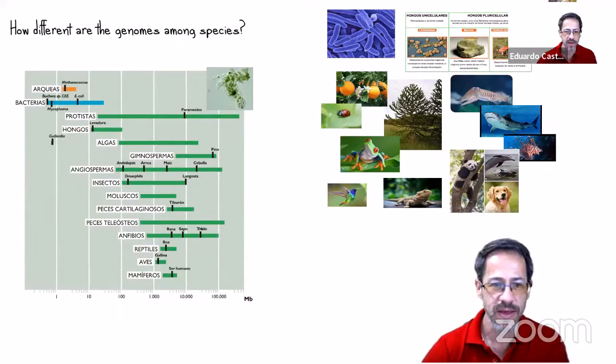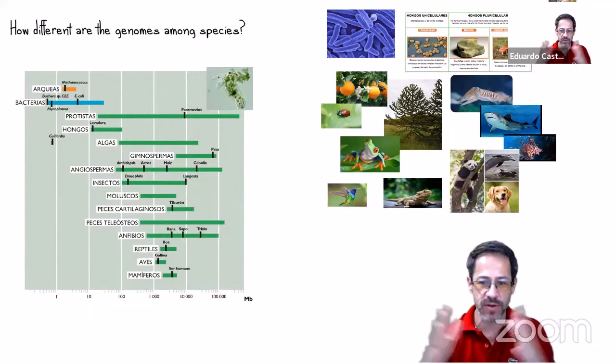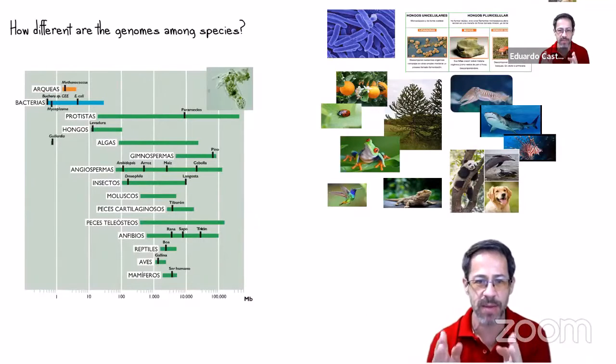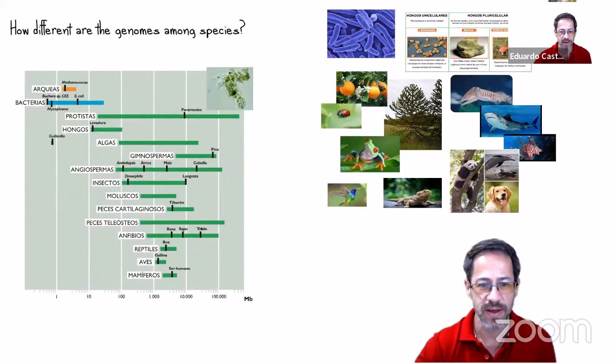As you can see, if we go down to mammals, which are very diverse species, the range of the genome is not that wide. I mean, we don't have very small genomes and we don't have very large genomes. Most of the genomes of mammals are around this size here. And there are some frogs that may have a larger genome than humans, and even some plants that can have much larger genomes than humans. So that means probably that the size of the genome doesn't necessarily correlate with the complexity of